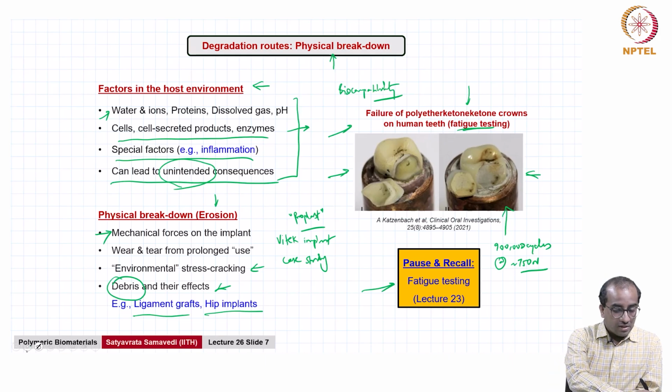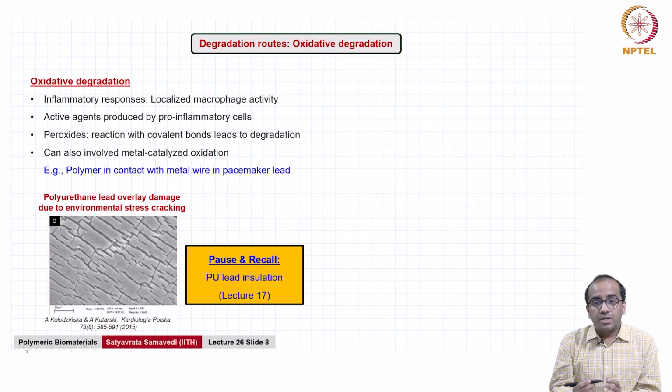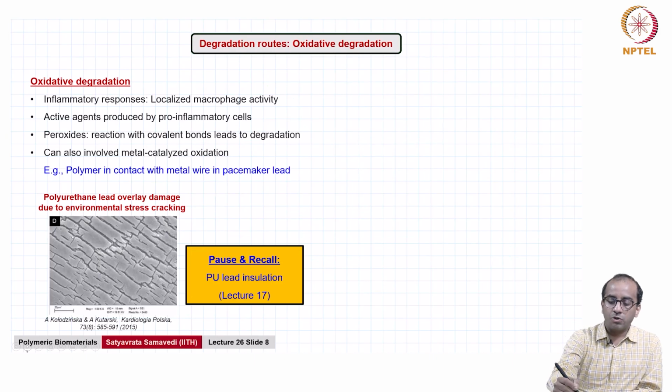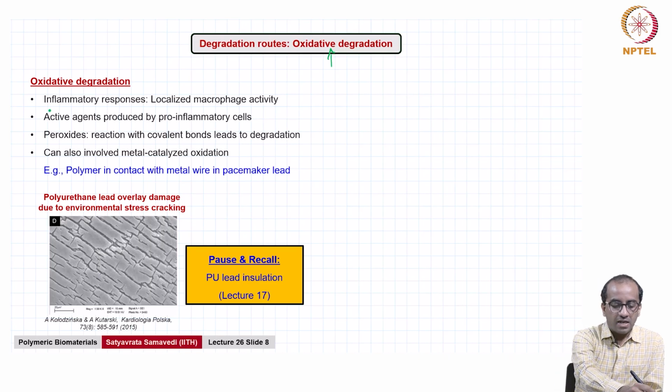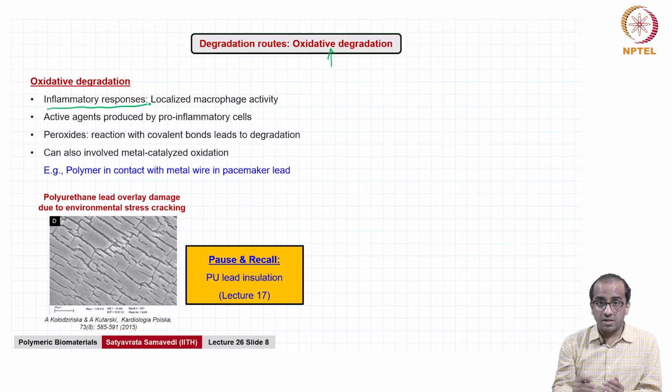Now, another aspect or another mechanism to think about for degradation is what you would call oxidative degradation, right. And we've just hinted at the fact that there can be these immune cells that can cause some kind of inflammation leading to some kind of localized degradation. And again, we are revisiting that and saying here that inflammatory responses arising from neutrophils, macrophages,